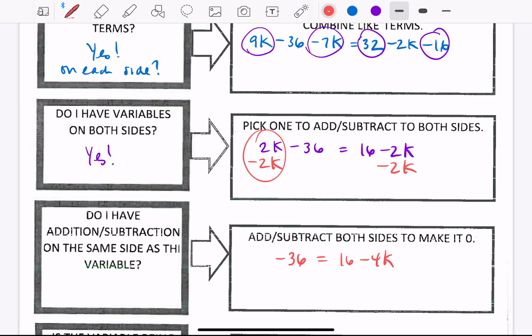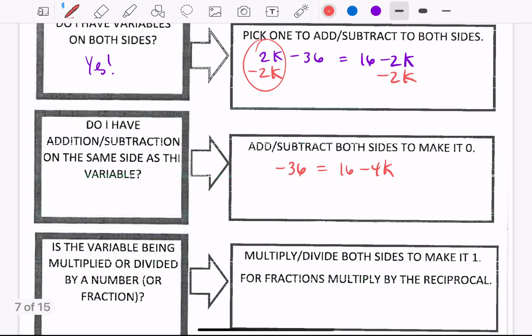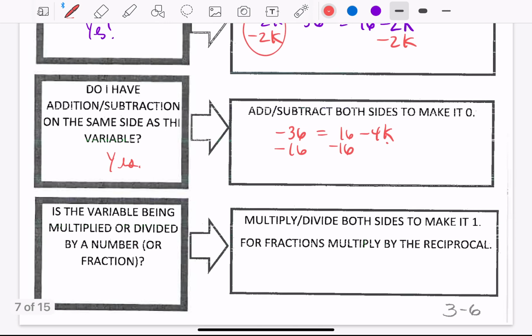So this is the thing we've been doing since the first unit. So I find my variable. Do I have anything added or subtracted? I have this positive 16, so I want to subtract 16 from both sides. So the answer is yes to this question. I do have something being added, the 16. And so when I combine negative 36 and negative 16, I get negative